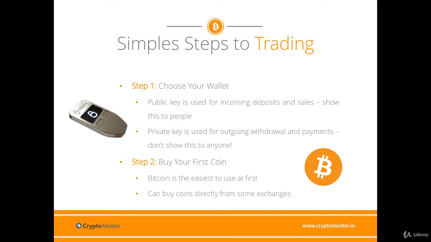To start trading, first of all you need coins. Starting off with Bitcoins is the easiest option, and then you can trade your Bitcoins for other cryptocurrencies on the exchange. You can also purchase popular cryptocurrencies directly on some of the major exchanges with fiat money, as these exchanges also act as brokers. And Coinbase is a very straightforward and popular exchange and broker, which allows you to buy coins with fiat money.